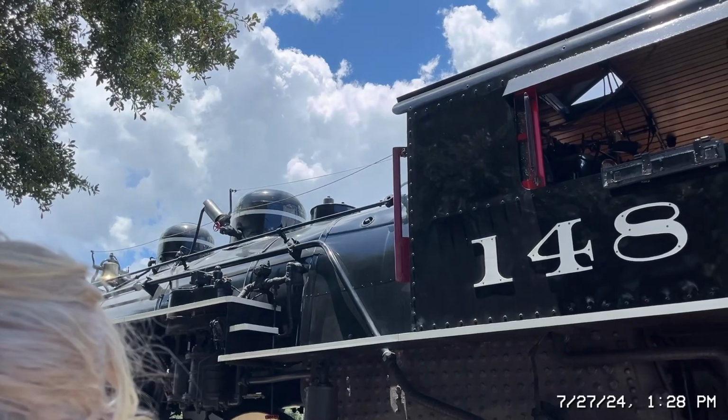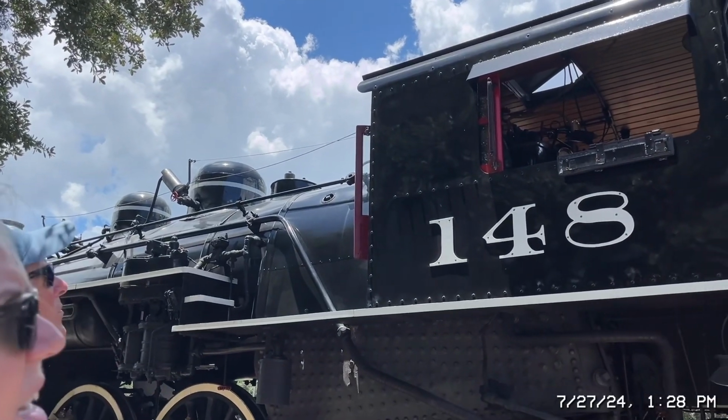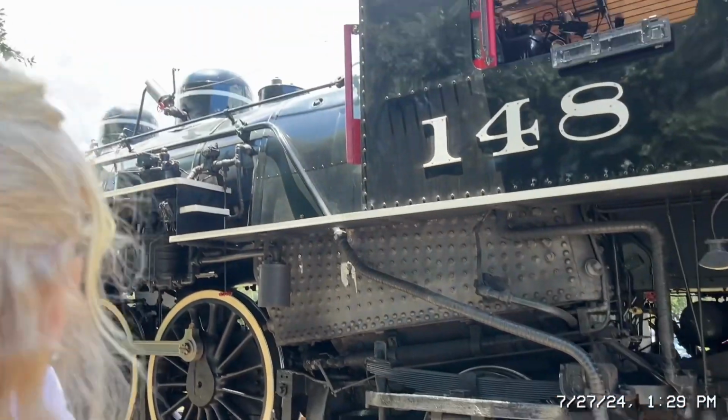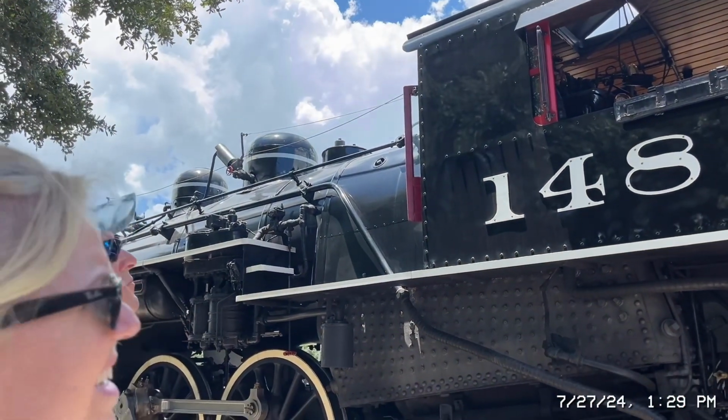A whole lot of noise, so he's putting water into it to try and cool it down and make less steam. But like I say, when the wind comes up, you've got to run the fire a little bit hotter. So